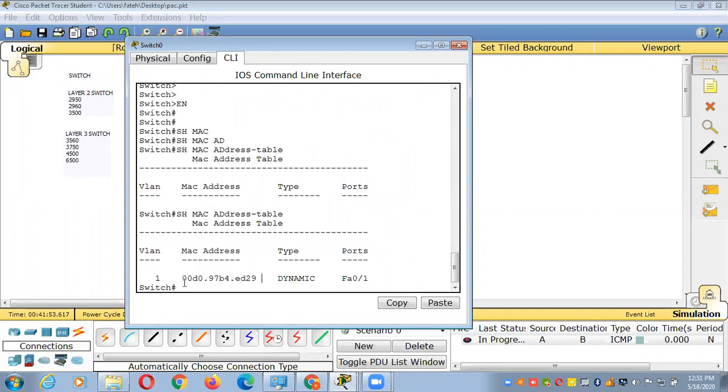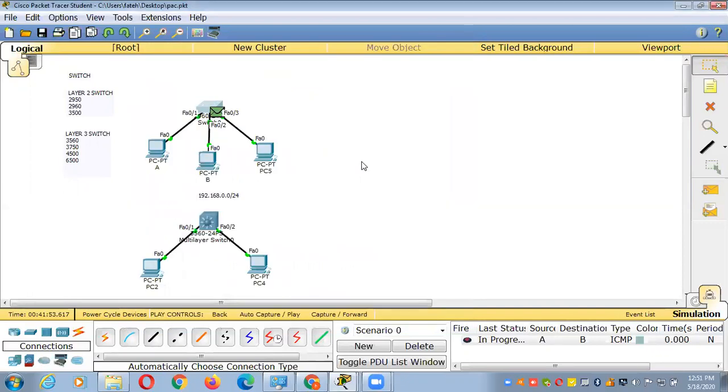Your switch will learn this MAC address through this interface.